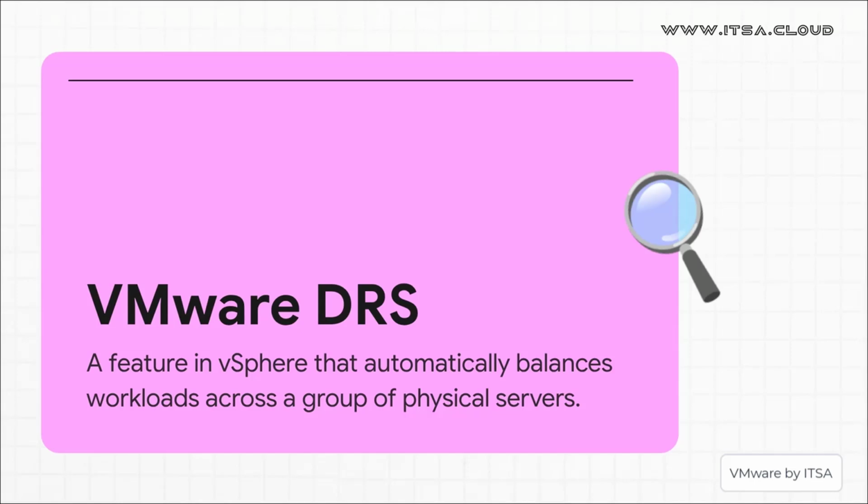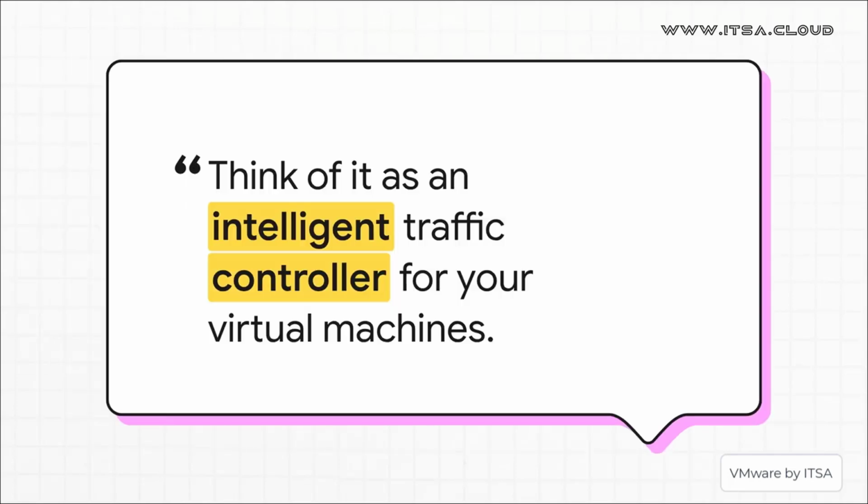So what if you had an automated traffic cop to manage all that chaos? Well, that is exactly what VMware DRS is. It's this fantastic feature inside vSphere that looks at all your virtual machines and automatically balances their workloads across your group of physical servers, your cluster. Really, the core idea is incredibly simple. If you take away just one thing from all this, let it be this: DRS is the smart traffic controller for your virtual environment. Its whole job is to direct the flow, prevent jams, and keep everything running nice and smooth.